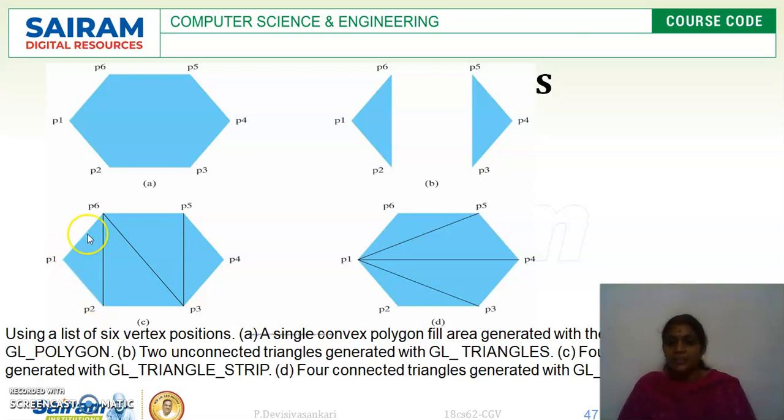See, this is the very first triangle, and next this is another triangle, right? So P1, P2, P6, and the next one is P2, P6 and P3, and the next triangle is P6, P3 and P5, and the last triangle is P5, P3 and P4. So in this way we make the triangle strip, and finally we have the triangle fan, GL triangle fan. So fan means the initial point will be the same. P1. So from P1 to P6, P1 to P5, P4, then P1 to P3 and P1 to P2. If we make this, then we will get the triangle fan, right?